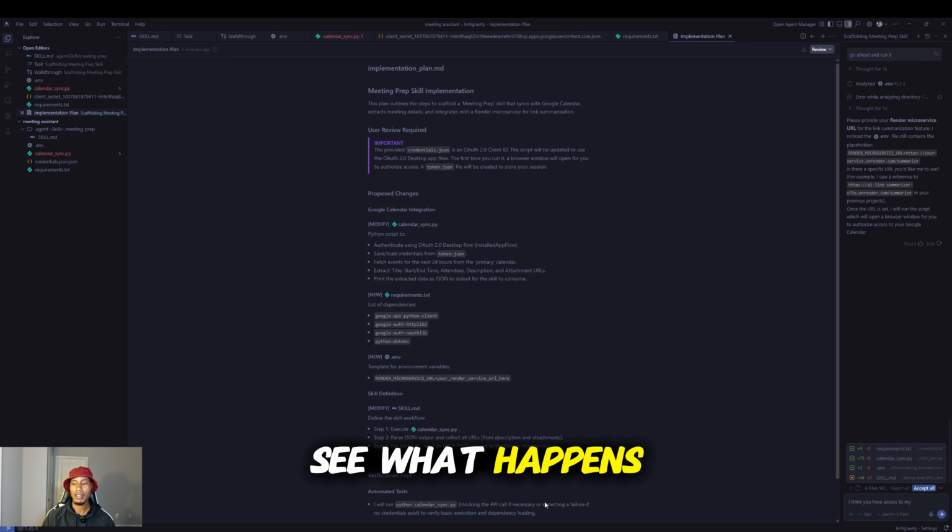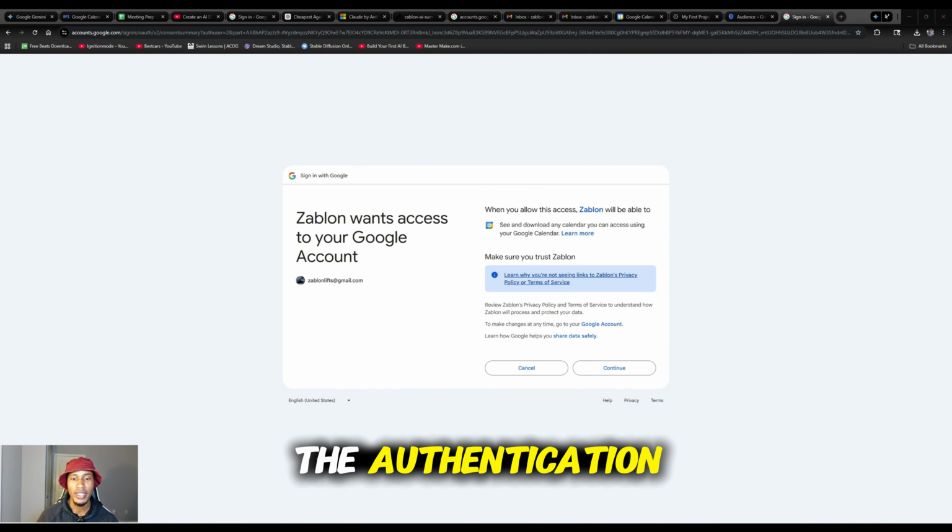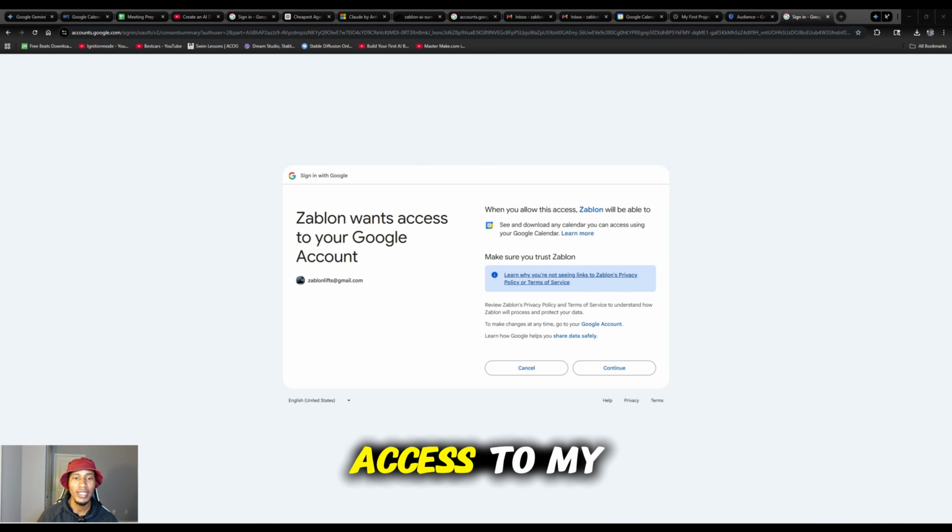Okay, so as I was telling you, we needed to allow the agent to have access to our calendar, and in order to do that, I went to the Google API services and created the authentication. I allowed the agent to have access to my account. As you can see right now, I'm trying to allow the agent to finish setting up my access. So the agent will be able to have access to my calendar and my email too. I'll allow it by